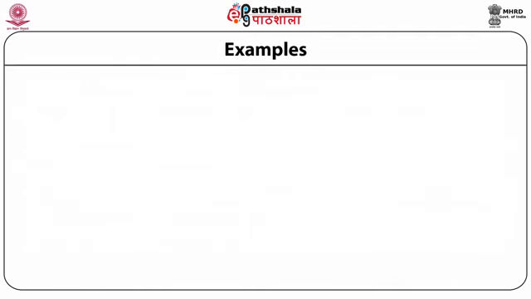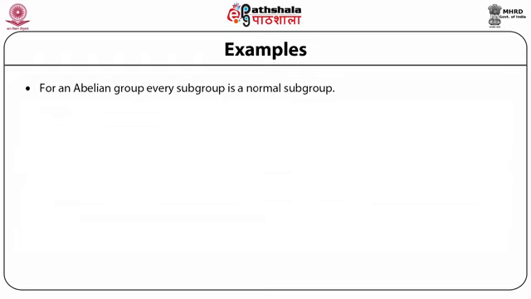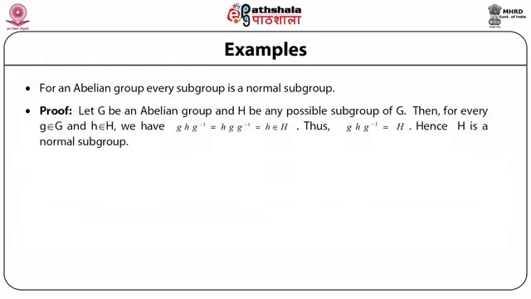We will now show that for an abelian group, every subgroup is a normal subgroup. The proof is simple. Let G be an abelian group and H be any possible subgroup of G. Then for every element g belonging to the group G and for every element h belonging to the subgroup H, we